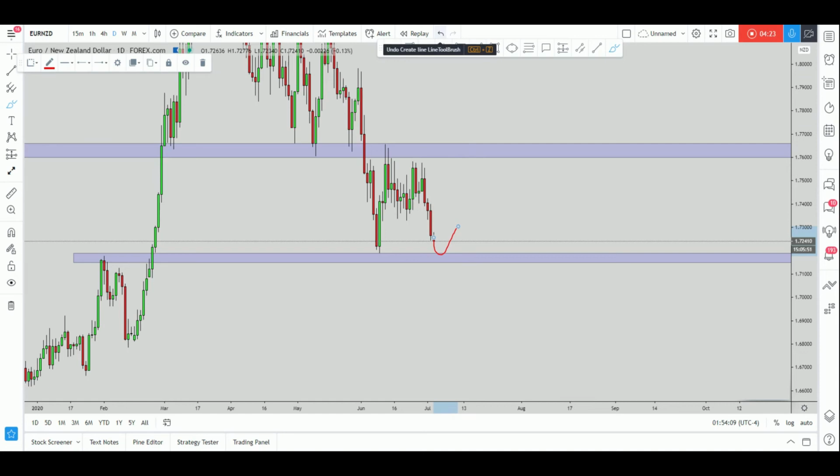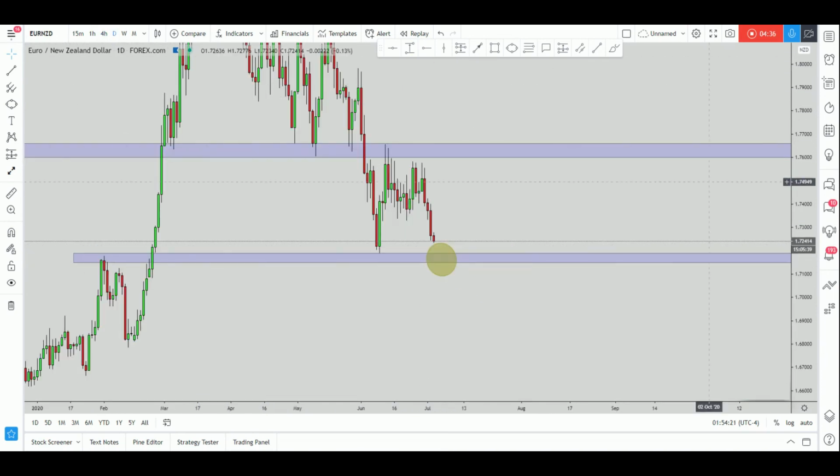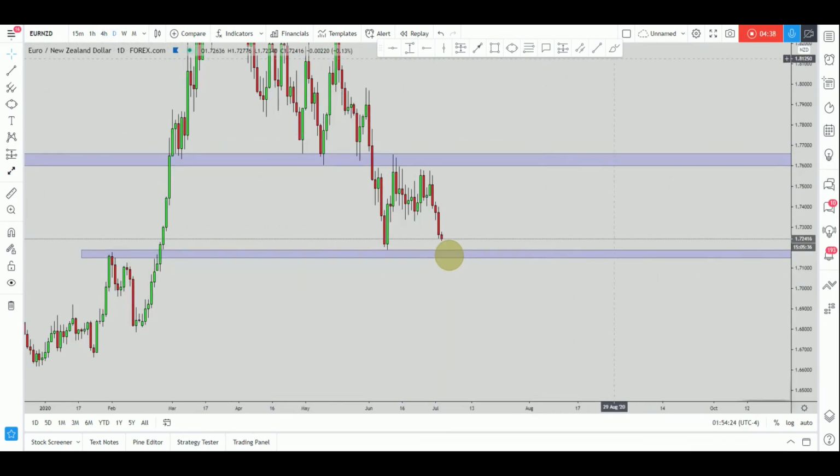Obviously, we have new data coming out today. So how will we be approaching this kind of situation with students? Well, at the moment, as we have just seen on the 4-hour time frame, everything is still bearish. So the way in which we will be approaching this is very simple. We will be waiting first for the market to shift from a bearish market to a bullish market from a 4-hour perspective. And only if the market inside of this area shifts from a bearish market to a bullish market, only then will we add Euro NZD on the watch list